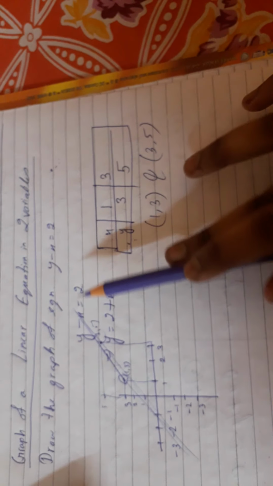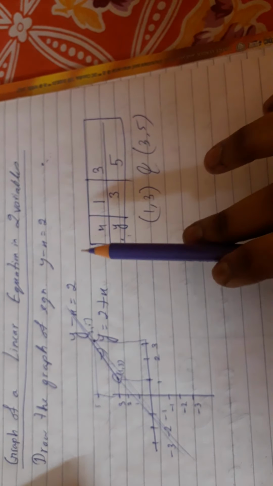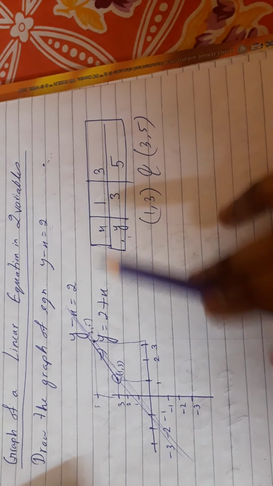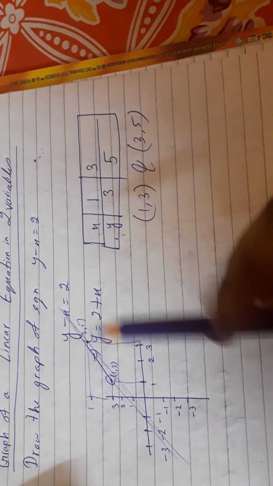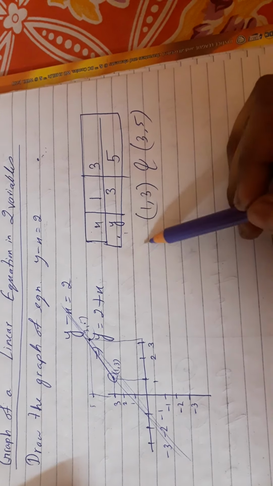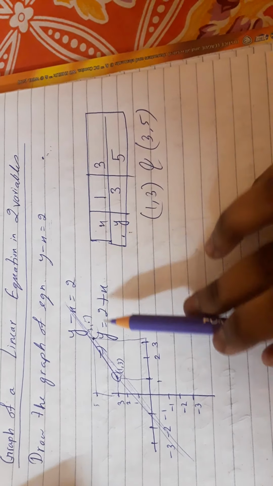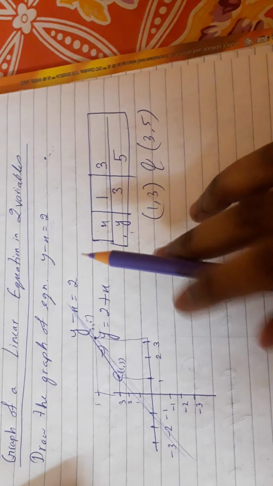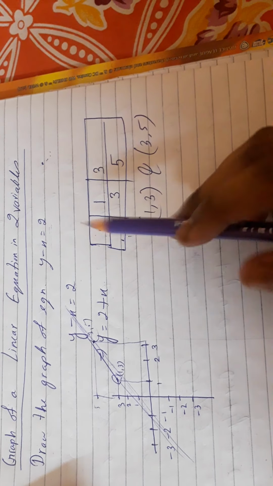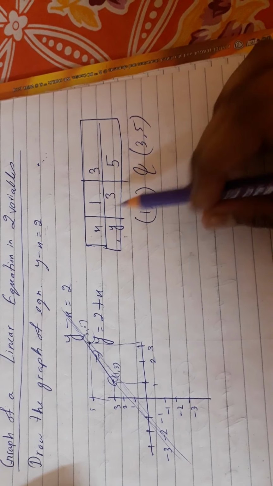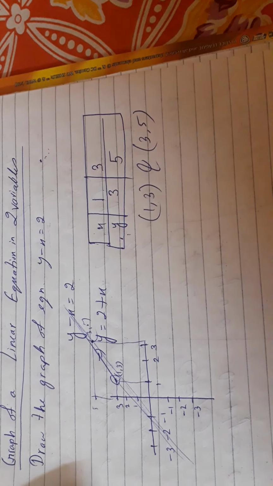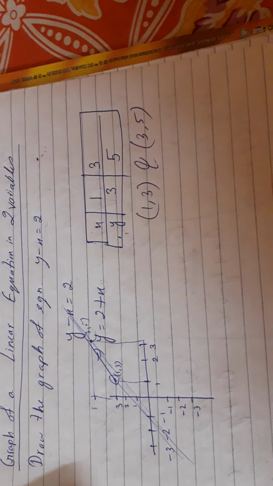Whatever equation may be given to you, you always have to first arrange it in terms of x or in terms of y. Always arrange first. Then you have to find the points in this way. Always put an x value or any y value, then you will get the other value. Then you have to plot those points, and you will find the solution in the graph. Now see the next one.